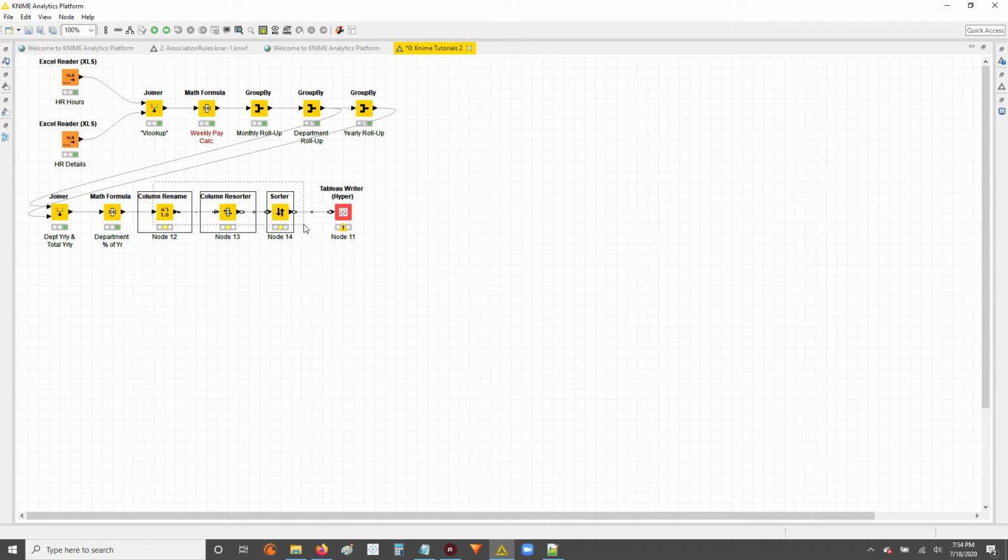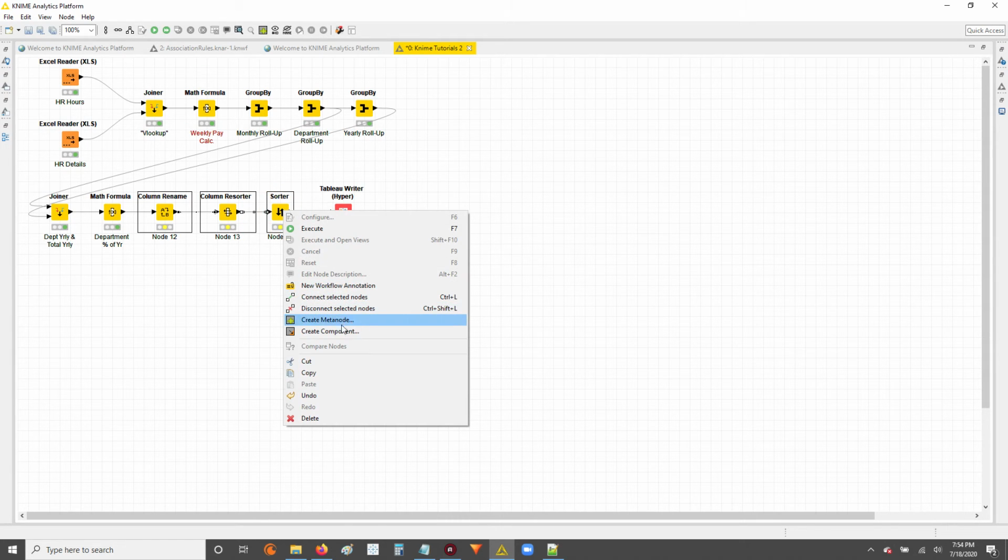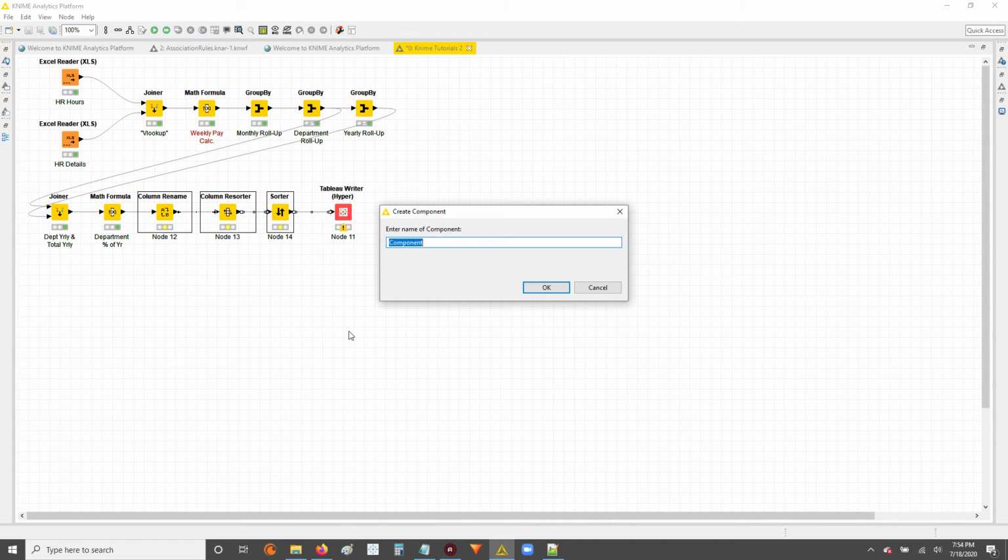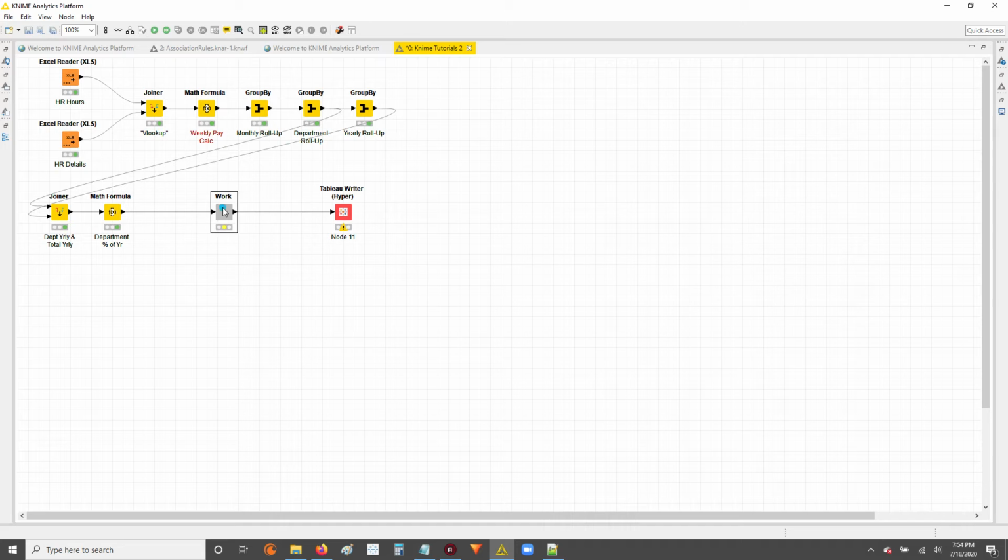But as we said, we're trying to organize our workflows a bit, so I'm going to create a component. I'm just going to title it work now. Hit OK. And now we've got a little bit more real estate to work with. The steps don't look as involved. Obviously we know there's work here because this is a gray node and we know it's a component and there's stuff within there. But the components help you as far as organization,